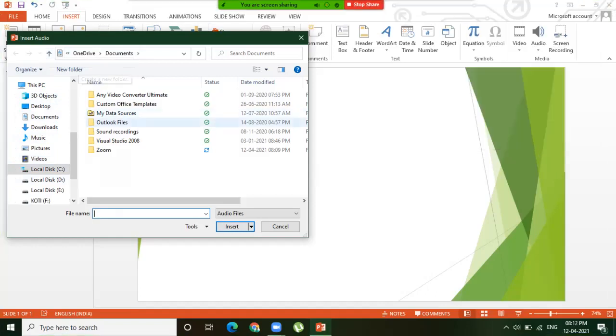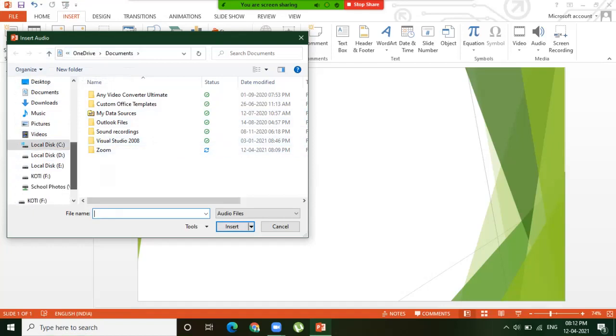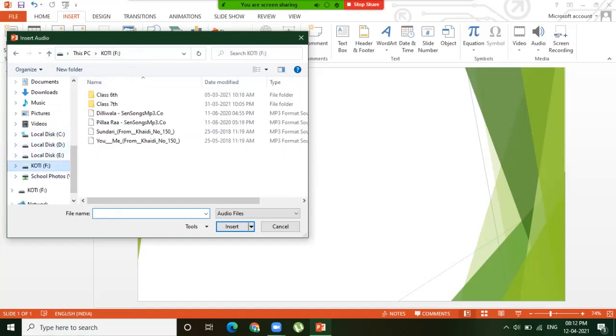So from your computer, you can insert an audio clip. You can choose from wherever you have the audio clips. Here in my drive, I have some audio clips, and I can choose one from my computer.